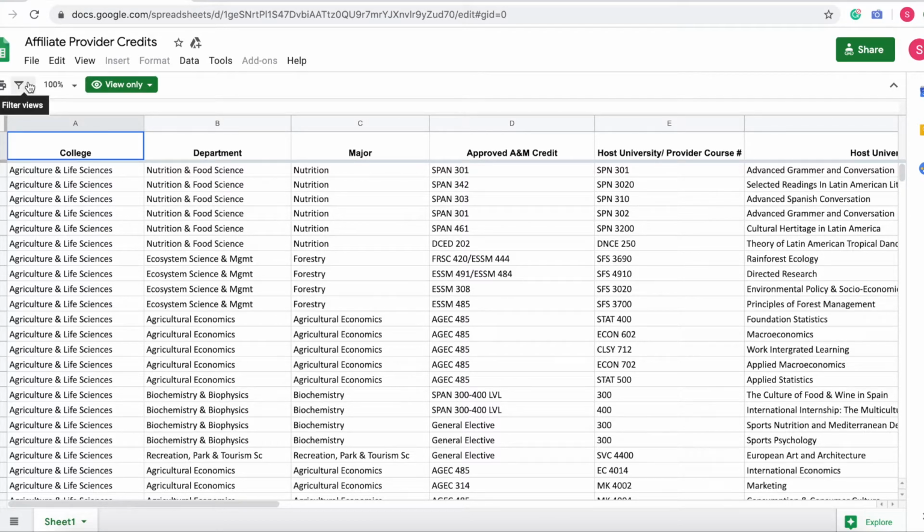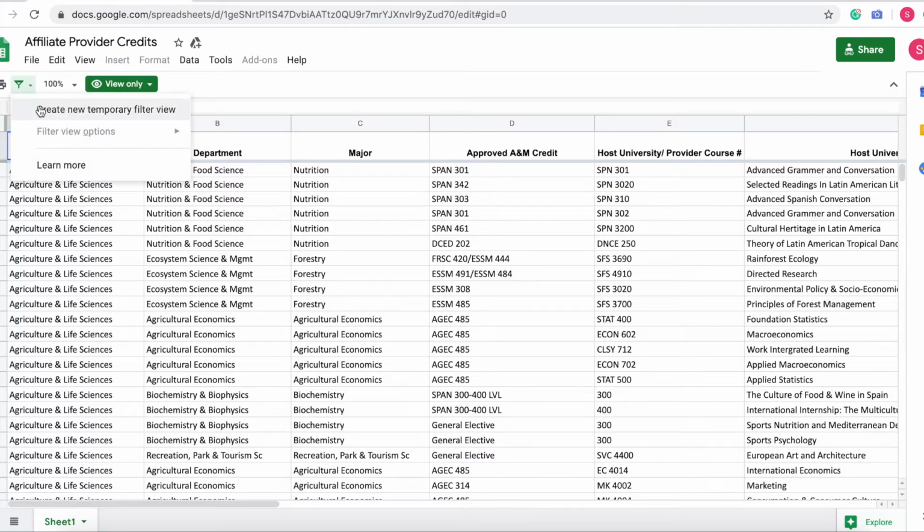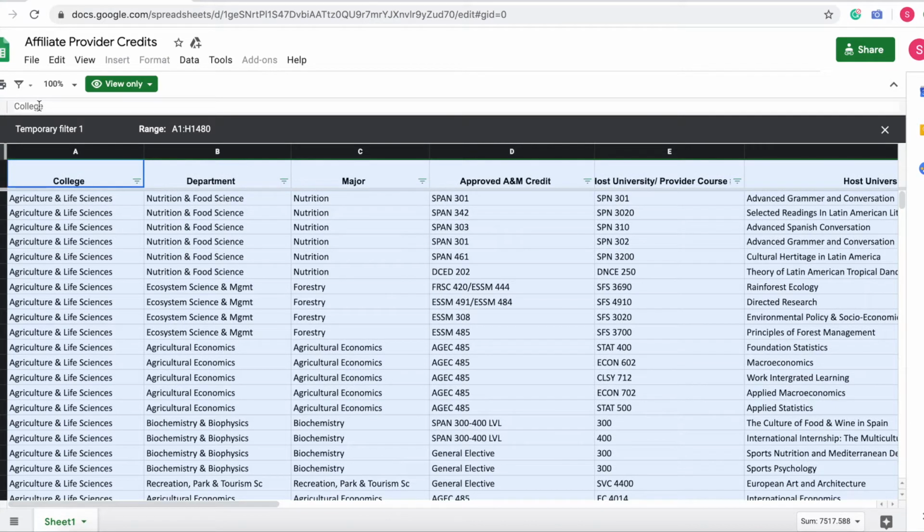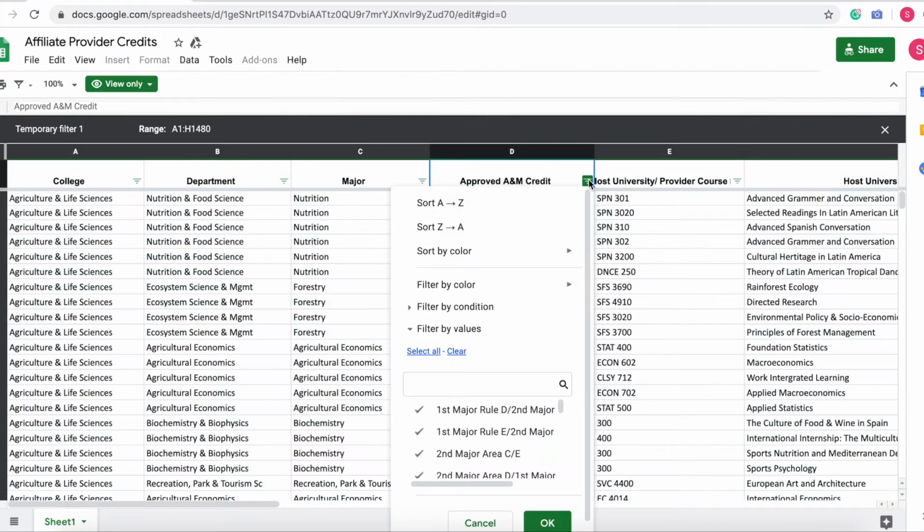So you're going to start by clicking on filter views and you're going to say create new temporary filter view. This is going to allow you to sort the whole entire document by specific columns. So let's say that I really wanted to get credit for a specific class and I wanted to look at what past Aggies had gotten credit for that class and what classes they took for that credit and what affiliate provider they went through. So I'm going to go to approved A&M credit, hit these 3 lines up here,